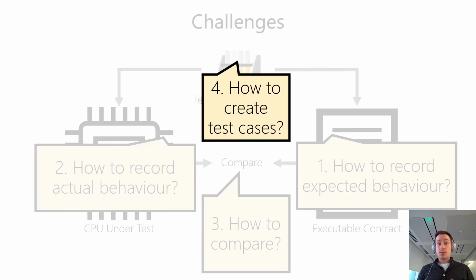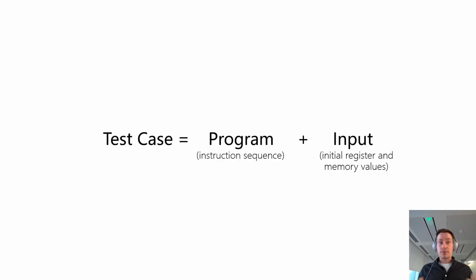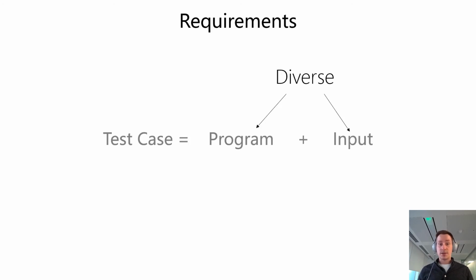Now, the final step would be to create test cases. Where do we get them from? So for this, we generate basically random programs and random inputs to them under certain constraints. We make sure that the programs and inputs to them are diverse, so that we are testing different parts of